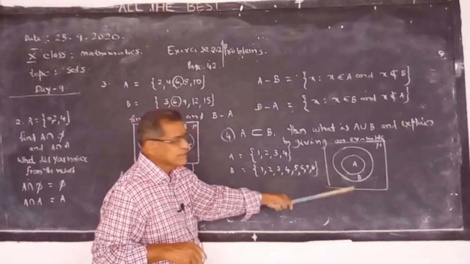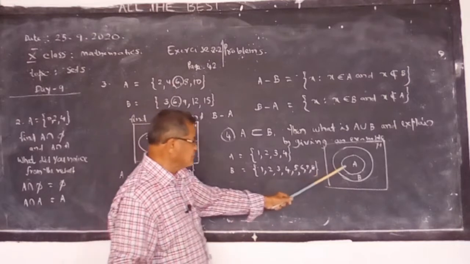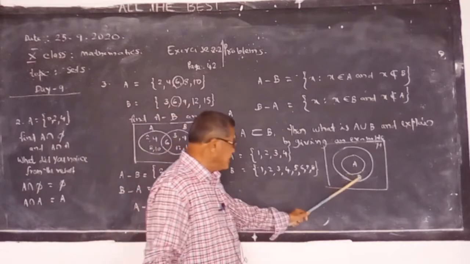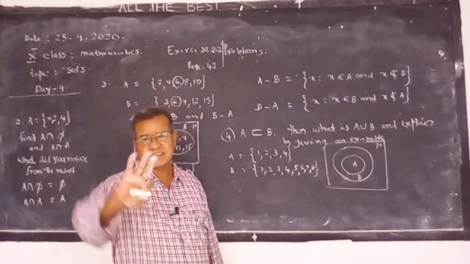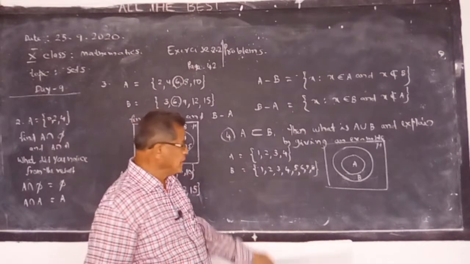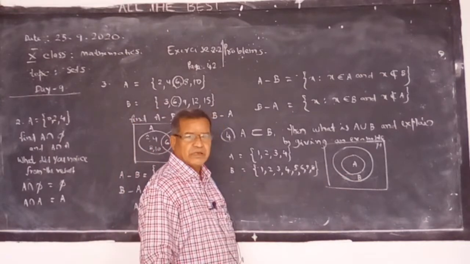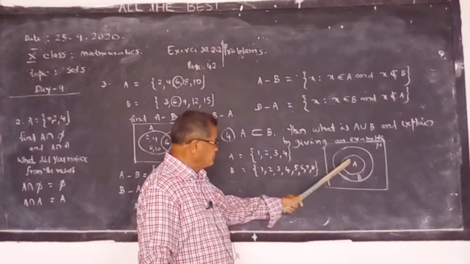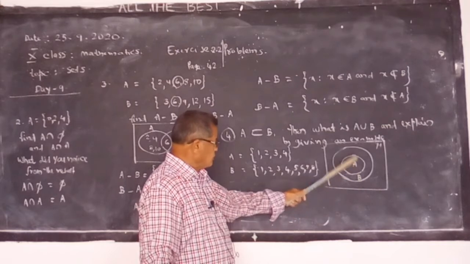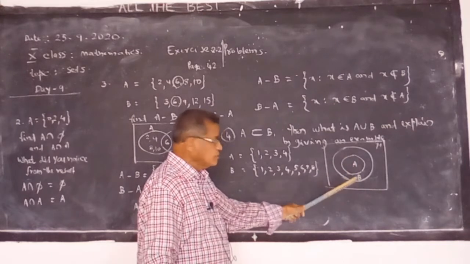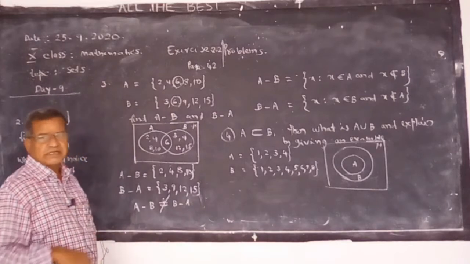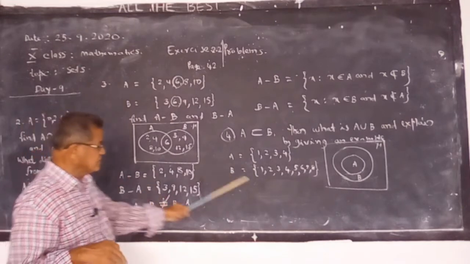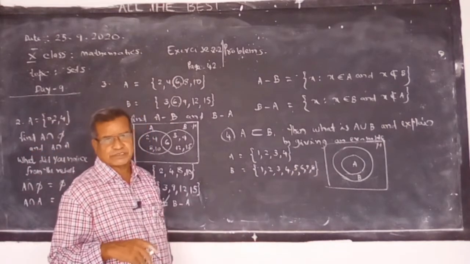Then we see this is the representation of subset. A is a subset of B, or A is in B, or B contains A. We can say it in three ways: A is in B, B contains A, and the elements of A are in B. So this is easy, subsets. I gave many examples about subsets in the previous class.